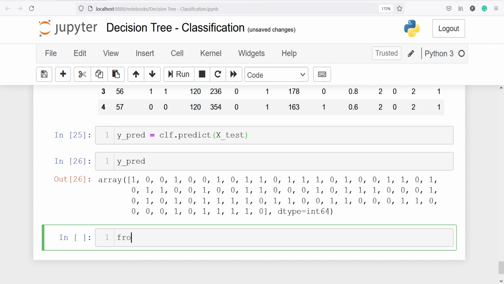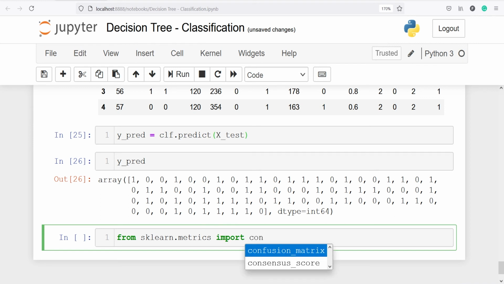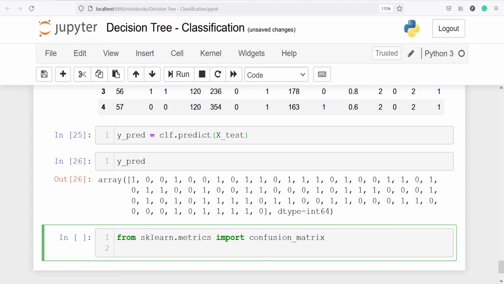So from sklearn.metrics, we will import confusion_matrix, and then we will make this confusion matrix here. So I will call this function confusion_matrix, and inside this I will pass y_test and y_pred.